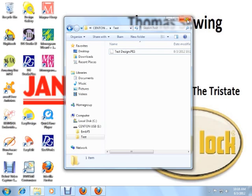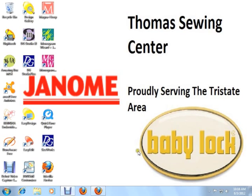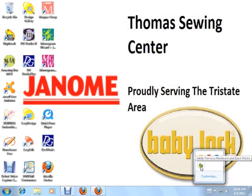So what you're going to want to do, and this is very important, anytime you pull the flash drive out of the machine, you're going to want to eject the disk. So go ahead and close your folder there, and go down to the right hand side of the screen, and there'll be either in this menu here where there's a little arrow, or it'll be right there, but it looks like a USB plug with a green check mark. It's safely remove your hardware. So go ahead and click on that,